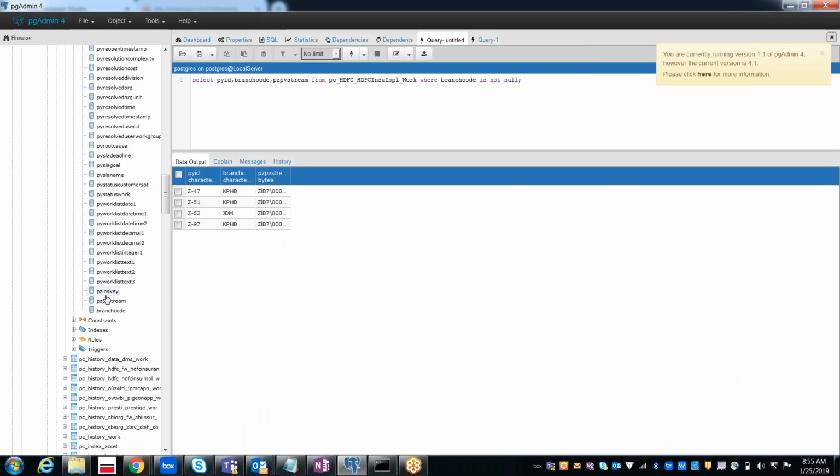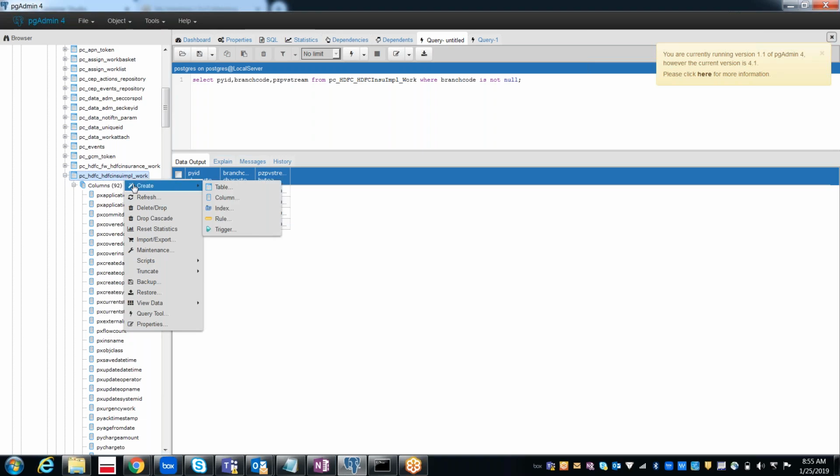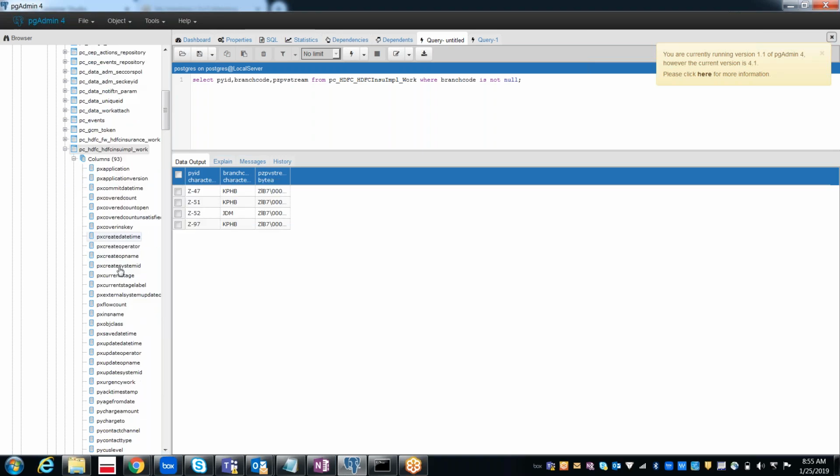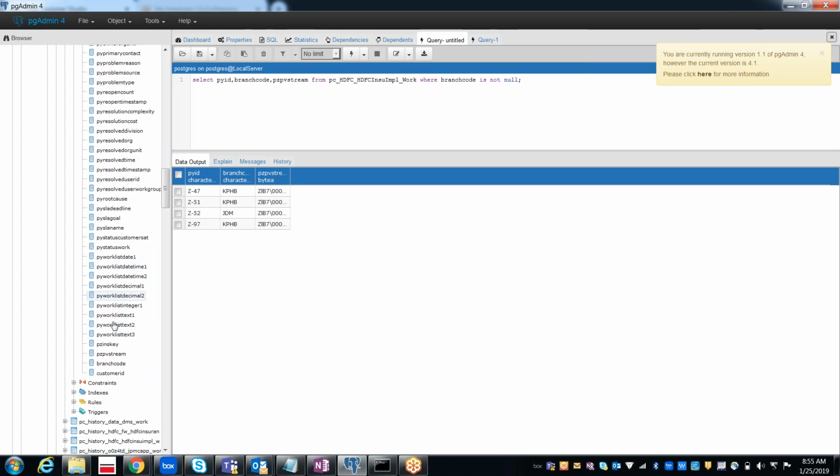Let's also see in the database. See, customer ID. Earlier we had only branch code. Now you also have the customer ID.